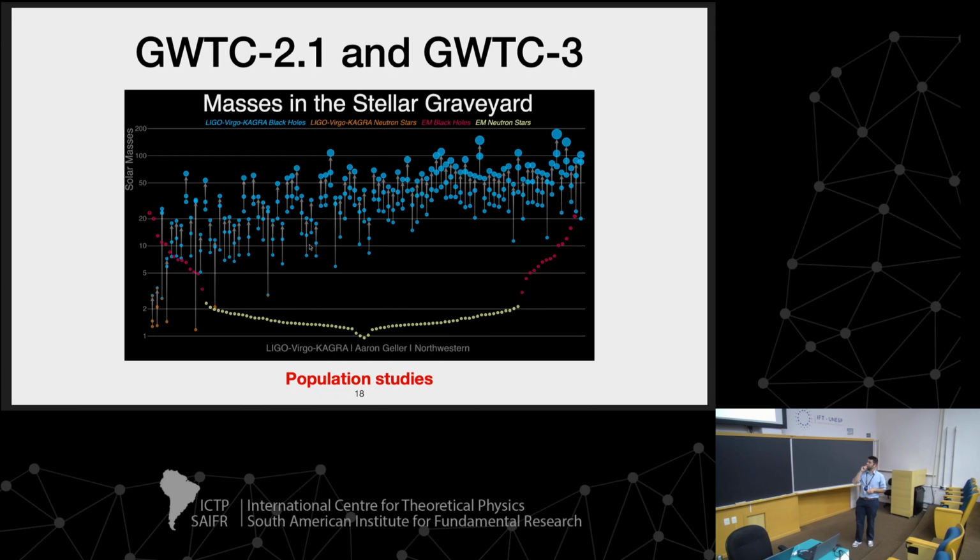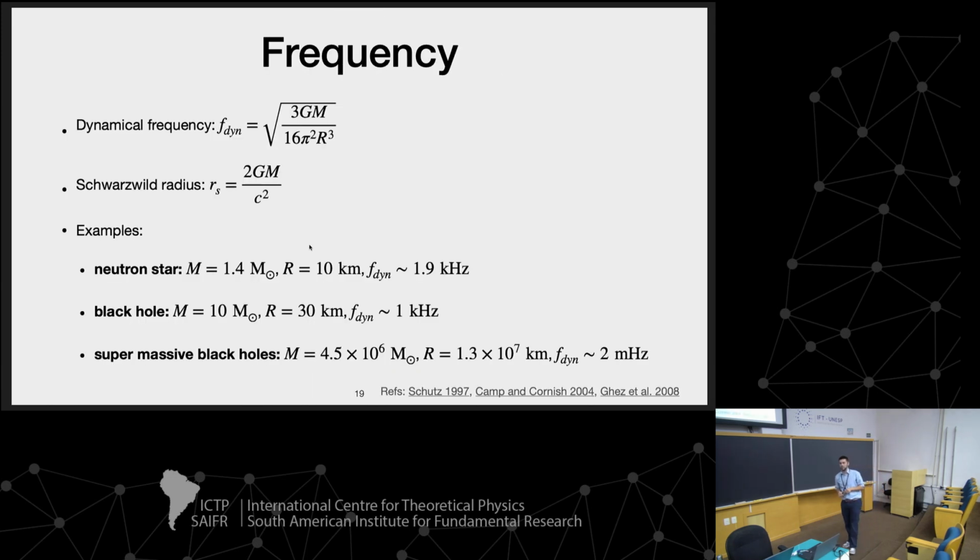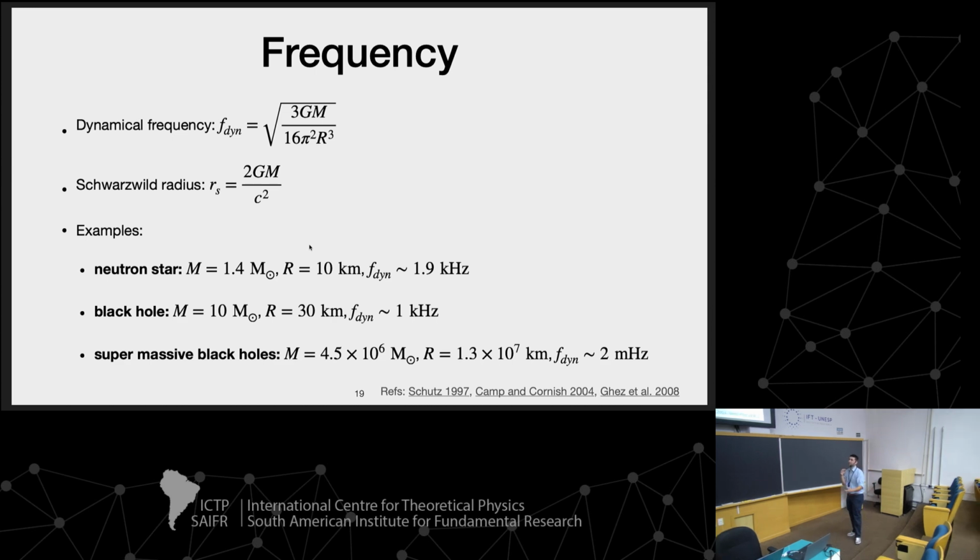Okay, so let's go into the details of gravitational waves, a back of the envelope calculation, just to understand the three main aspects that define a wave: frequency, amplitude, and polarization. So to understand frequency, in a Newtonian system, you can define a dynamical frequency as it is written there, and then you can do this Frankenstein monster where you combine Newtonian physics and general relativity, and if you put the Schwarzschild radius in place of r to the 3, we can get some numbers.